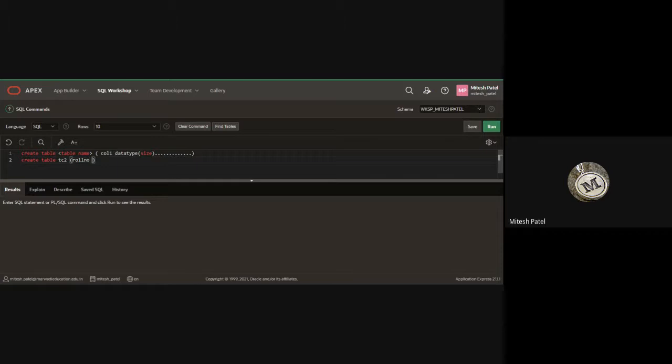The data type of roll number is number, and the size we are giving is 5, comma. Second column is name, data type is varchar2 and size is, let's say, 20. Right now I am adding only 2 columns, you can add multiple columns, right? Let me remove this one because it will give an error. Okay, now run it.